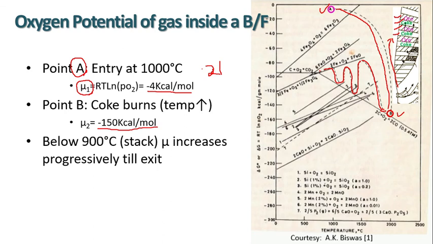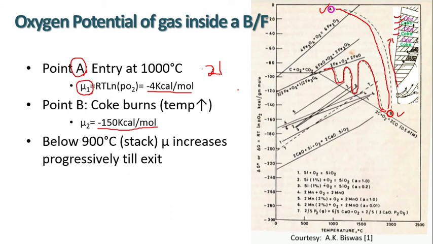So it is only able to reduce Fe2O3. As I have said, in the top part of the blast furnace only Fe2O3 can be reduced, because we have calculated that a negligible amount of carbon monoxide in the carbon monoxide and carbon dioxide mixture is enough to reduce Fe2O3. As the reducing potential decreases, that means the oxidizing potential increases, only Fe2O3 is reduced at the top of the furnace.